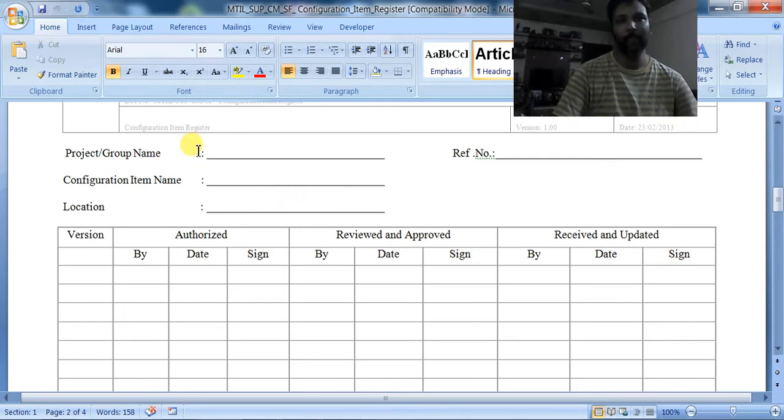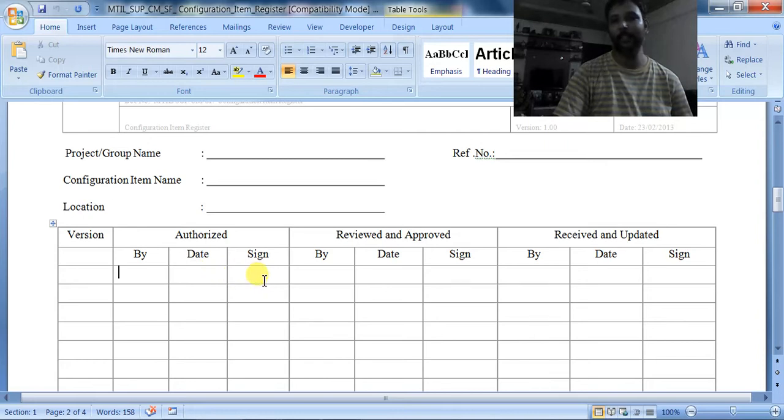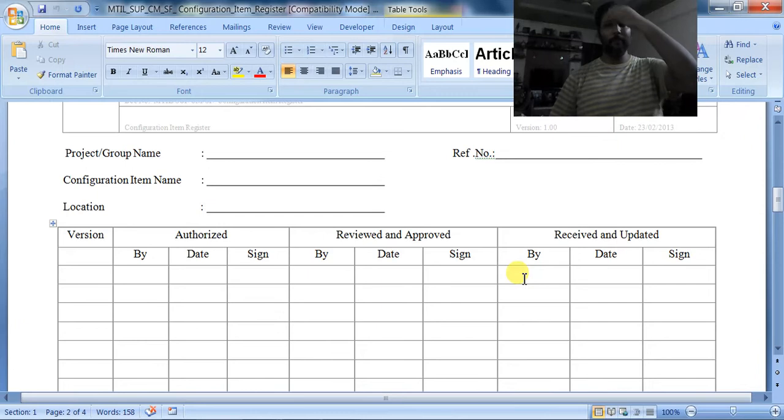See here: project name, reference, configuration item name, and location, where we have stored the document. We have to give the path over here. Then the first version, what the version was, authorized by whom, date of authorization and his signature. And who reviewed it, who approved it, and when they received the updated document.